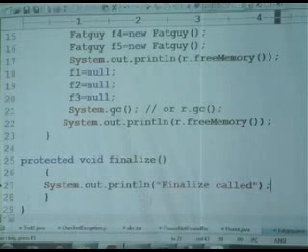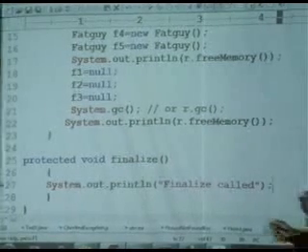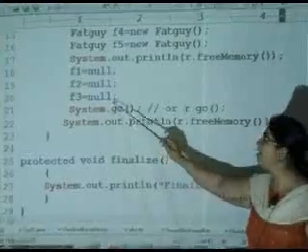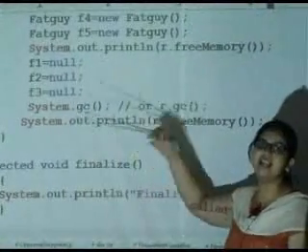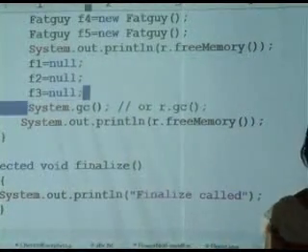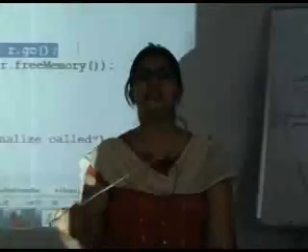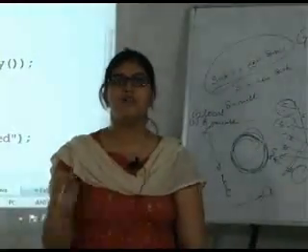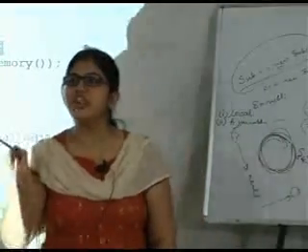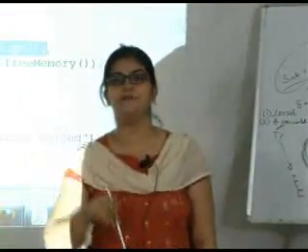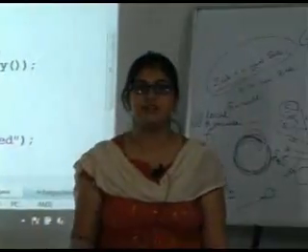Okay. So now what would happen? When my GC is running, I am going to go to an object and ask it, boss, you don't have a reference, no? I am going to collect you and throw you in the dustbin. Now before I do that, I am going to check what is the class of this object. Oh, it is a fat guy object.